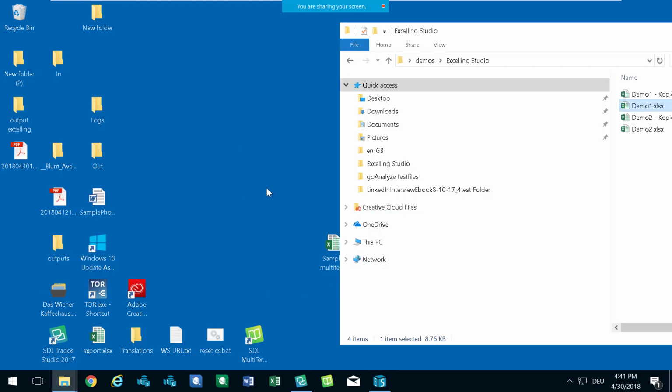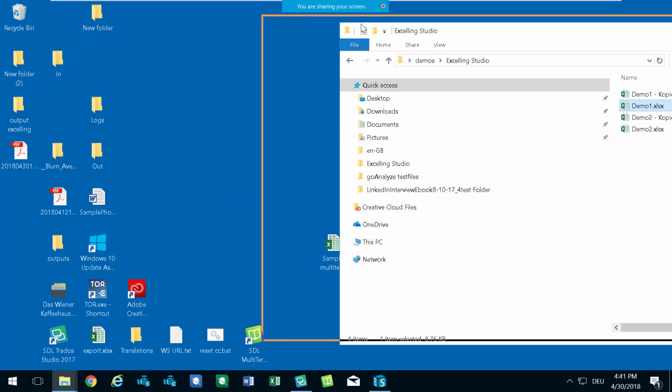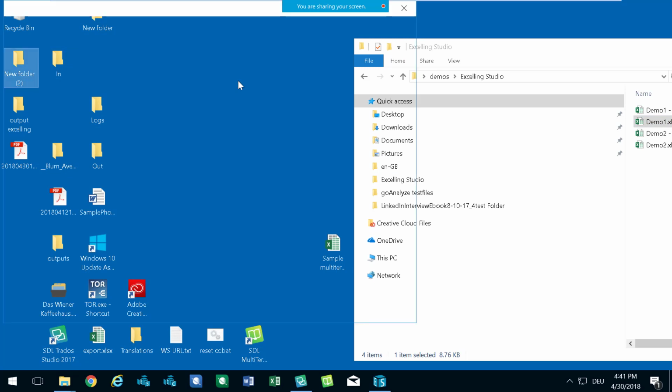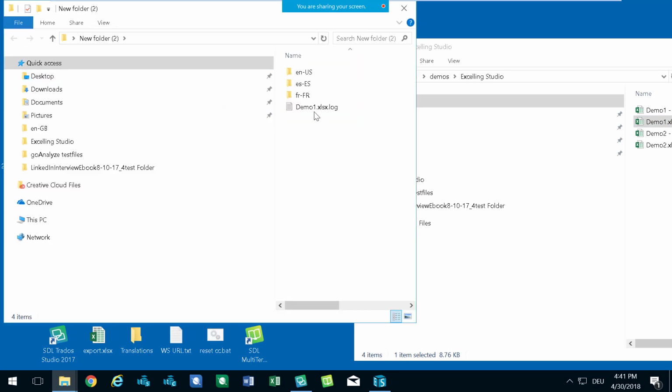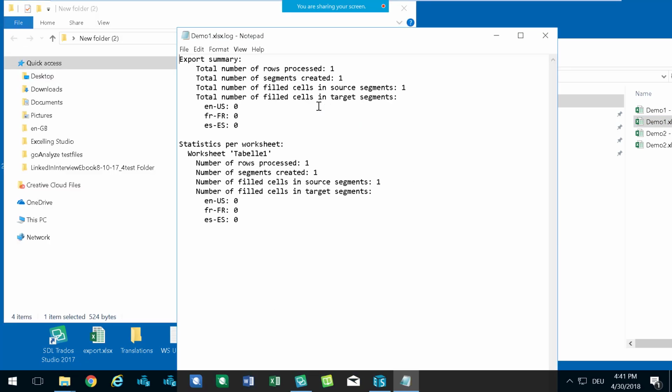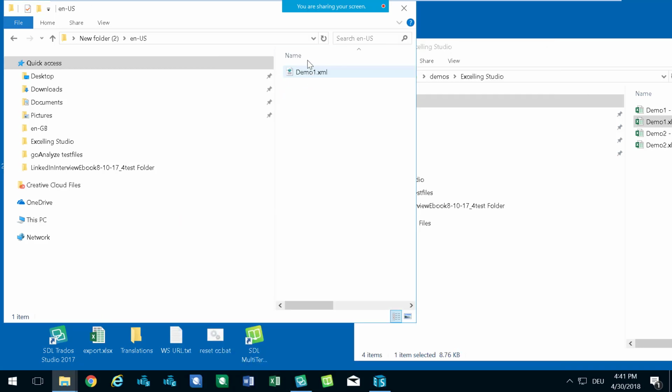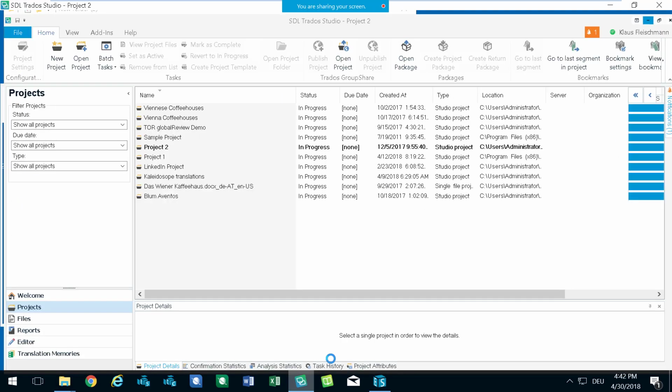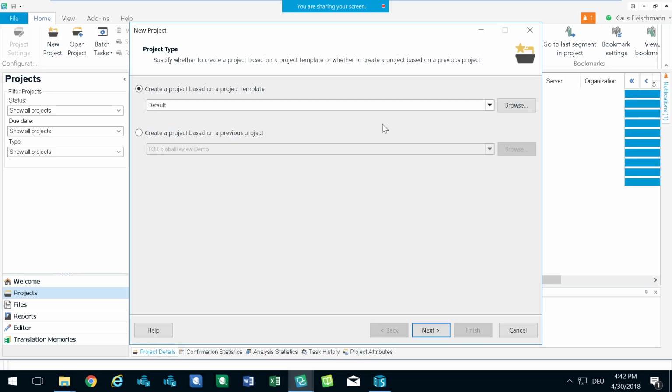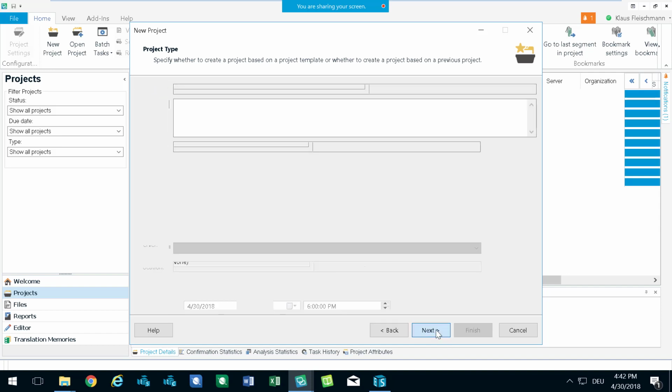So it already exported this successfully and it should now be here, new folder 2. So you can see we got a log file, so it tells us what exactly it did. And it creates an XML file per target language. And from this, we can now create a Studio project. So in here, I can then say create a new project, default template,